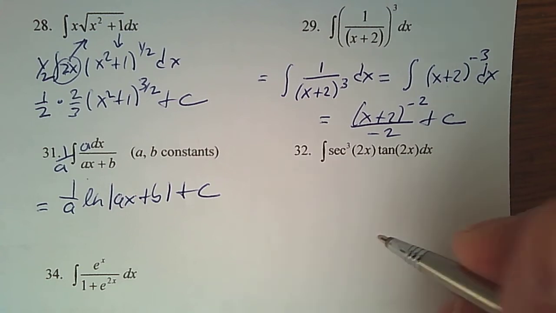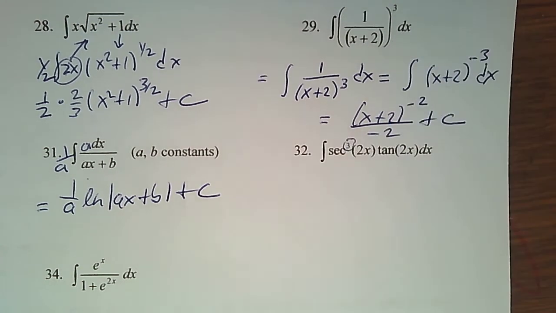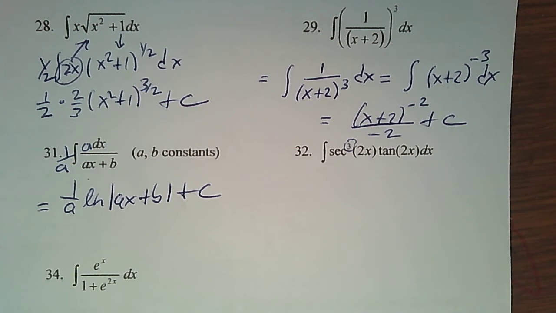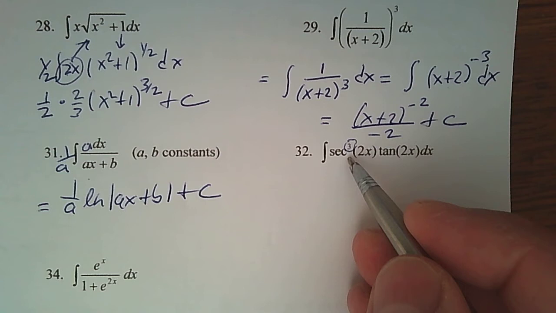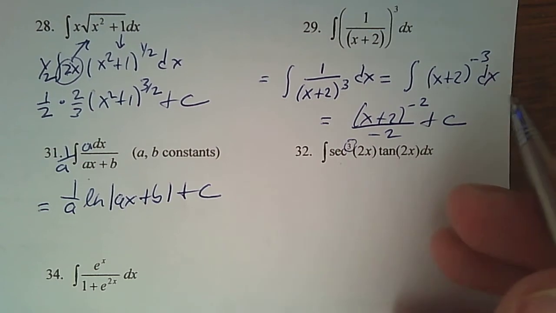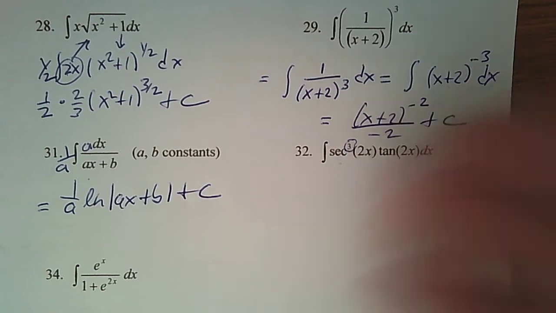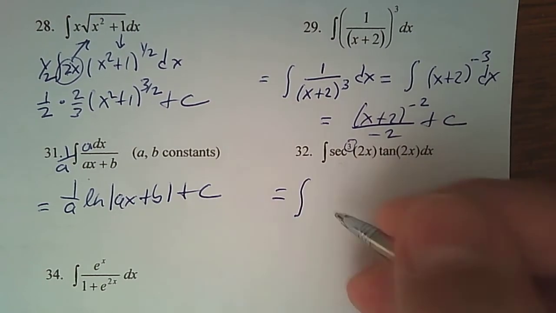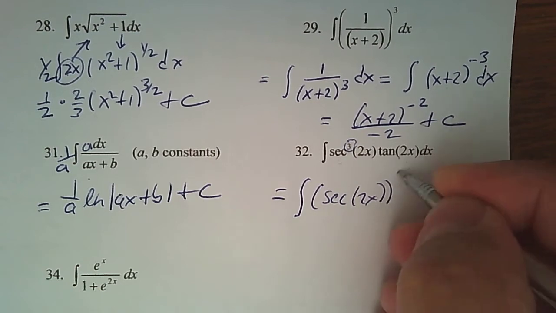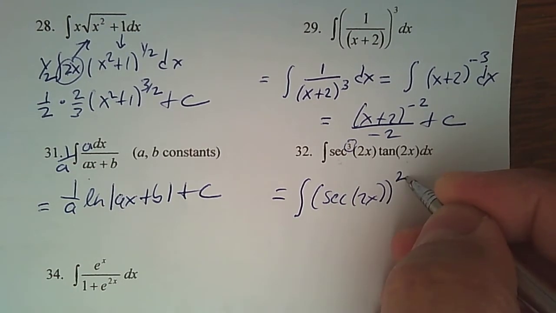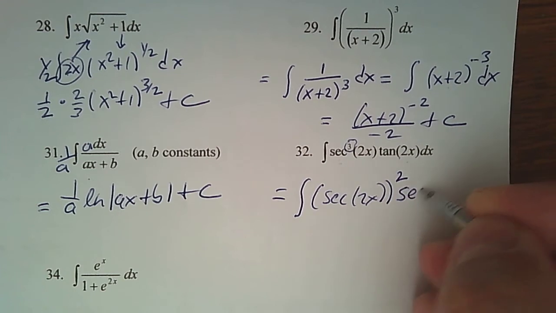So what's the first thing I'm drawn to? So the first thing I'm drawn to is this exponent 3 and trying to understand what it means. The second thing I'm drawn to is I understand the derivative of secant is secant tangent. So I need that fact. The derivative of secant is secant tangent. So when I write this, I'm going to write secant 2x all to the exponent 2. But you said there's a 3. Well, that extra secant is going to go beside